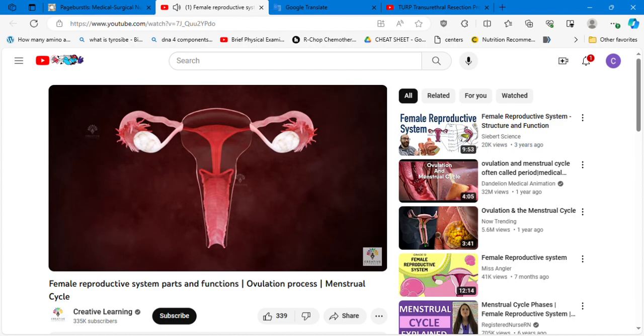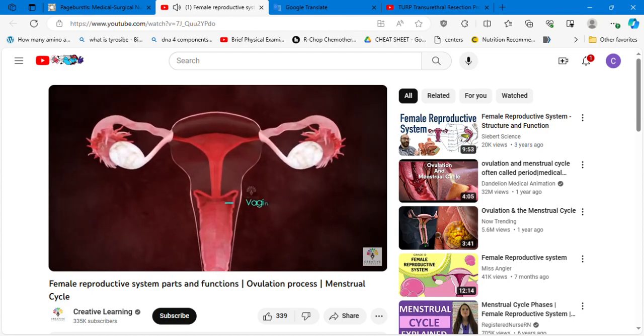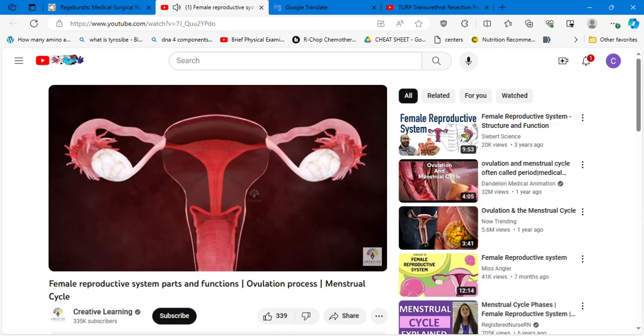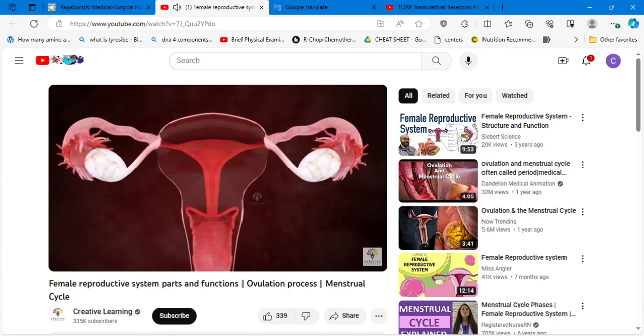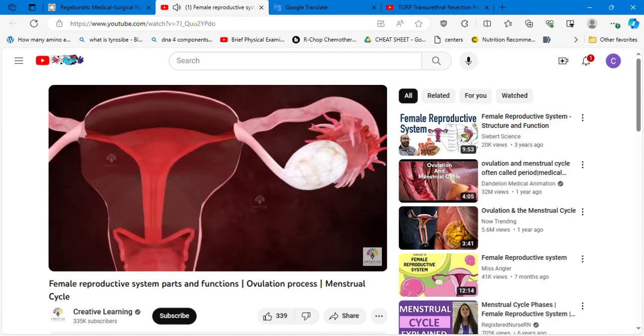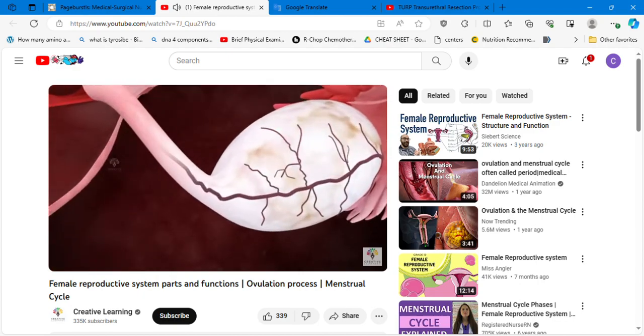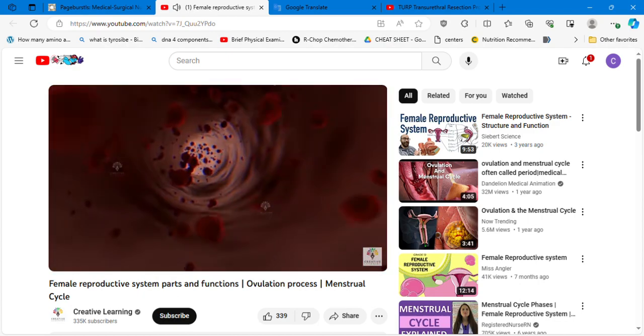The lowest part of the uterus is called the cervix, which opens into the vagina. The vagina, a muscular tubular tract, leads from the uterus to the exterior of the body. The ovaries secrete estrogen, a hormone which releases into the bloodstream and helps in developing the secondary sexual characteristics in